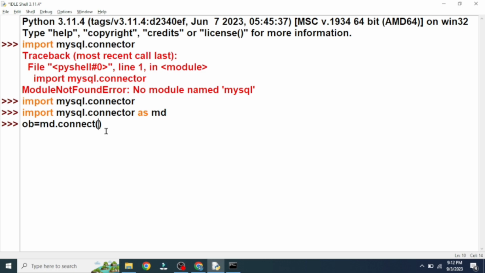Here inside this bracket we are going to give some parameters. Parameters means we are going to give some inputs. Some inputs are mandatory, some inputs are optional. First we are going to give host. Host is a compulsory parameter, it's mandatory. Localhost, this is the one input. Next parameter is